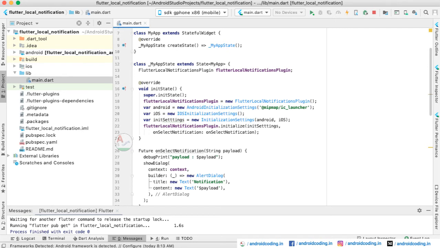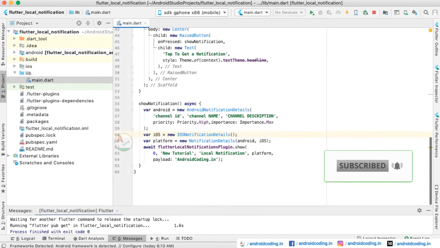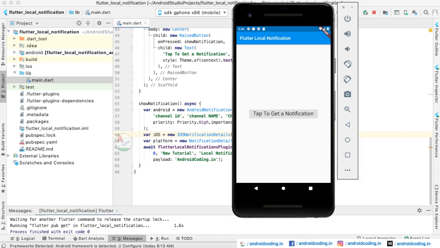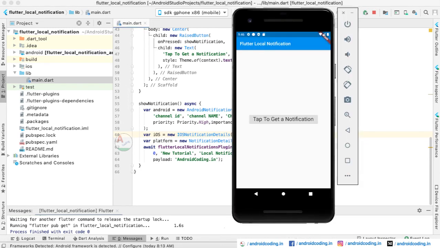So like this you can make use of onSelectNotification and divert the user depending upon your notification requirement. You can also show images, just like any other application where an image pops up in the notification, and you can provide images and also icons. So this is a basic tutorial of how a local notification works in Flutter.